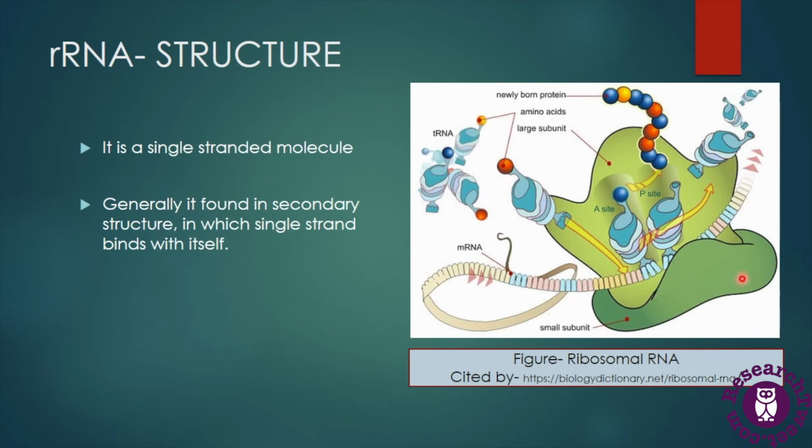Here in this diagram we can see the diagrammatic representation of the structure of ribosomal RNA, and the process seen in this diagram is the process of translation. In the upper portion we can see the larger subunit of the ribosome, and downwards the smaller subunit. Here in the middle, this chain is the mRNA, which is being decoded with the help of rRNA molecules, and these molecules are tRNA, which are carrying amino acids for translation.